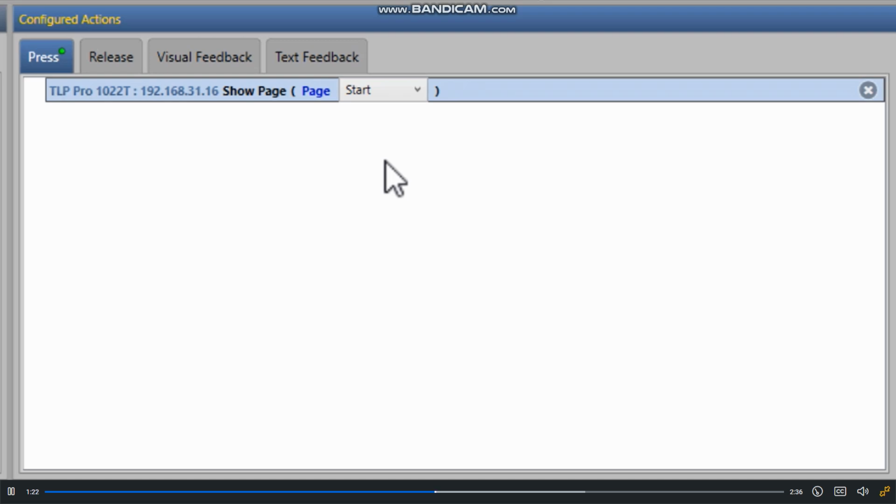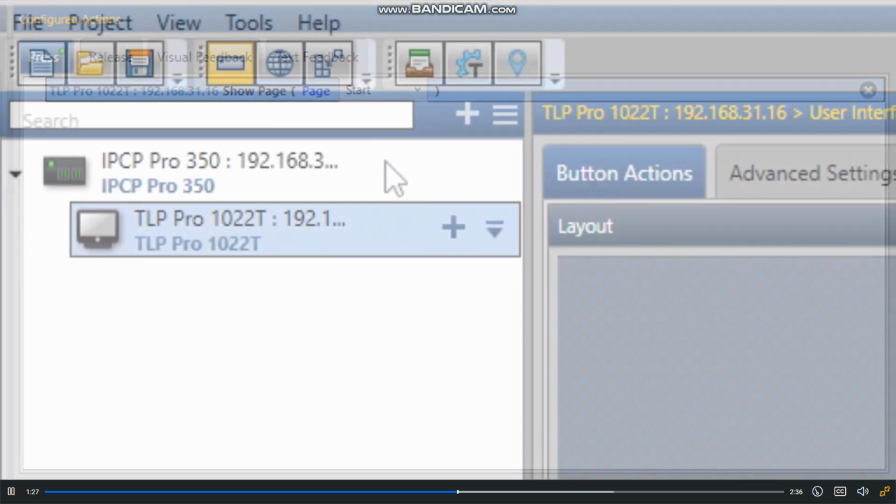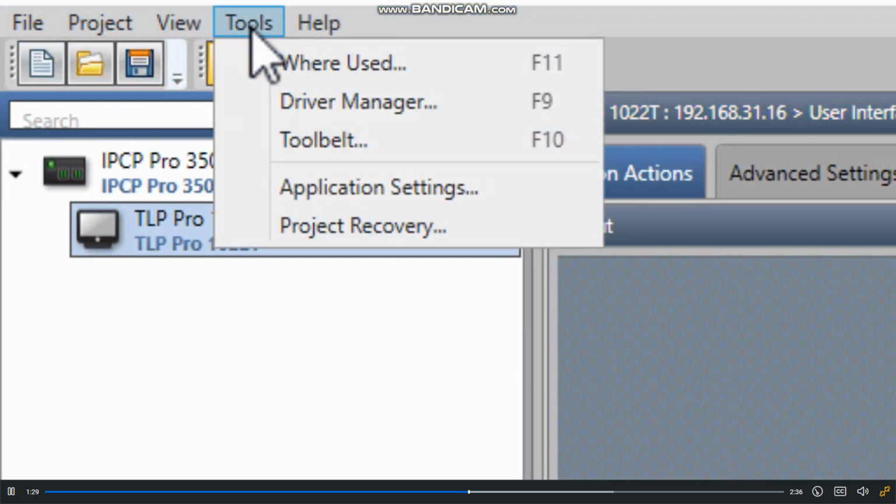This is a simplified example of how commands are assigned through the configuration process. As the complexity of the project increases, the software tool, where